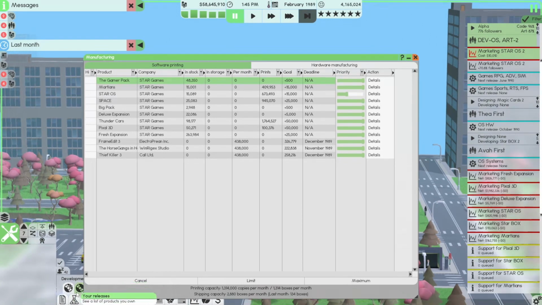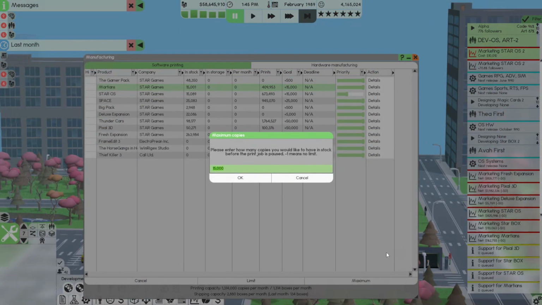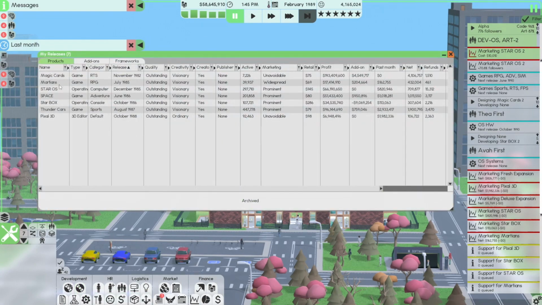What was our second release? 80 to 85 Martians. This is under 15, push is under 5. And if I'm thinking